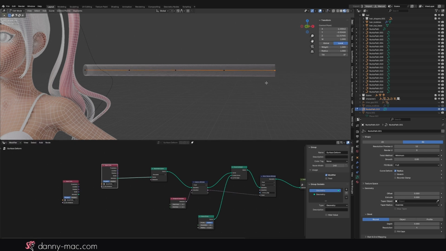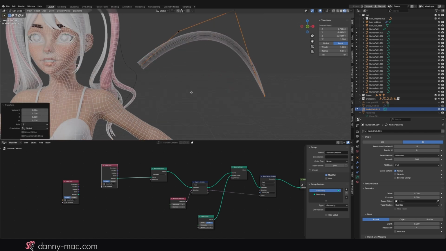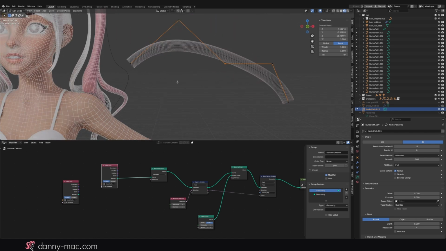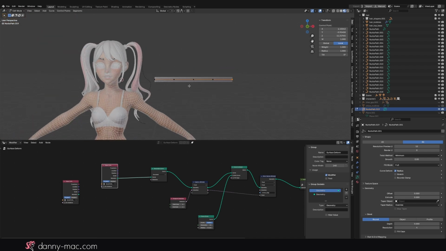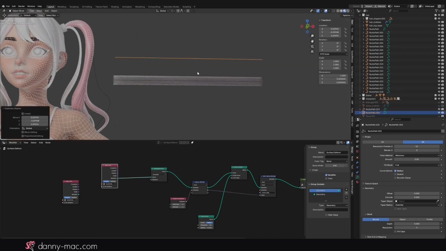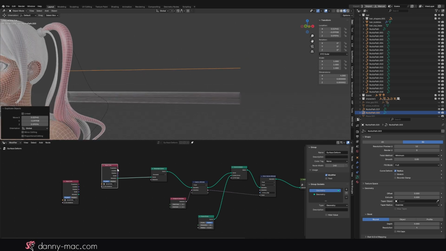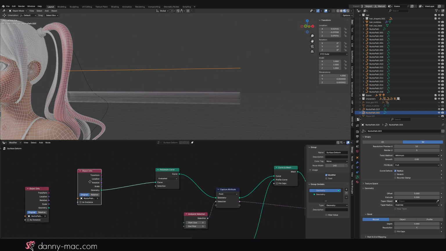And that is essentially it. We're not quite there yet, but we do have our hair strands following our hair curve. Now, our job now is to try and make this look a little bit more realistic. But we do actually have another small issue before we move on to doing that, which is if I were to duplicate this, the curve doesn't have hair on it. And that's because we are only adding it to this one specific curve that we've dragged into our geometry node